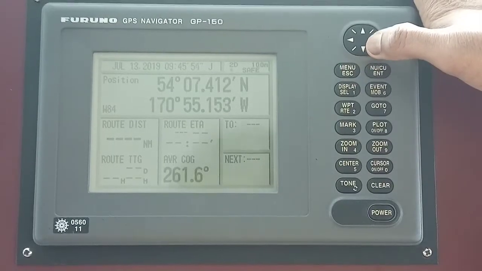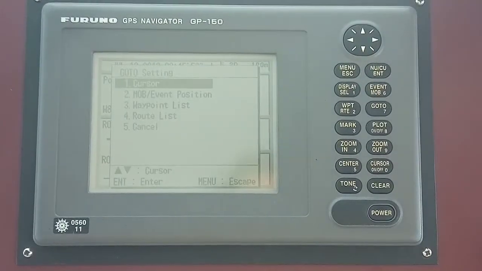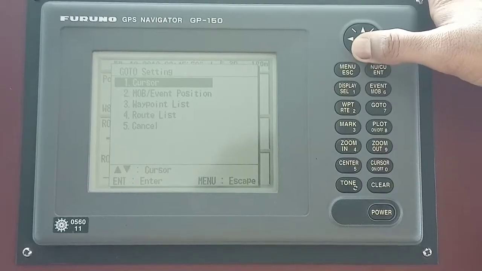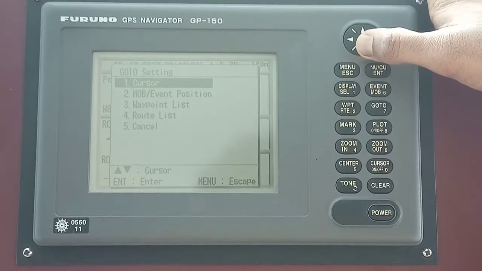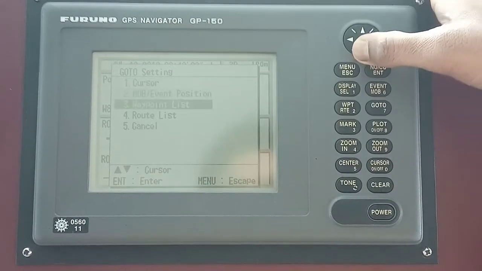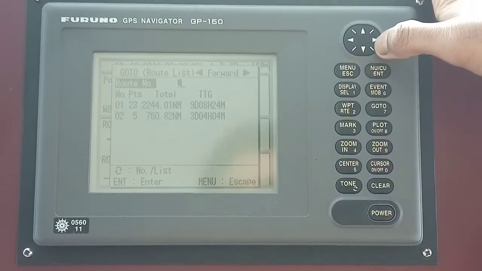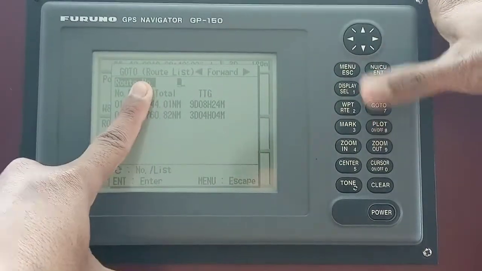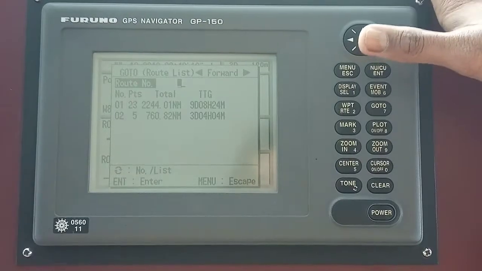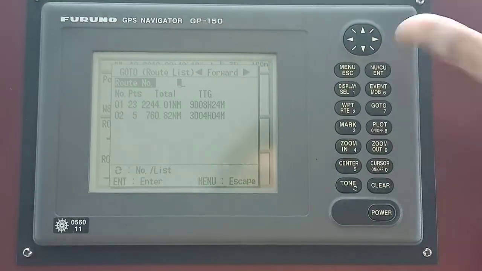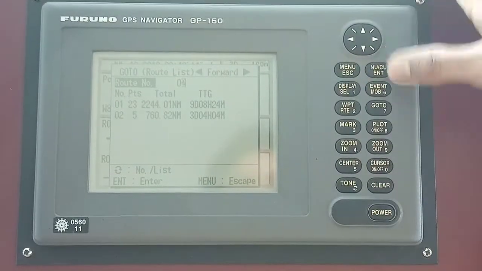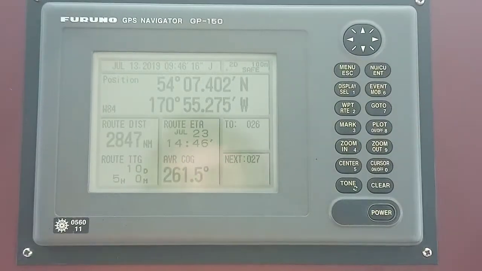How to load the route is the same way: go to number 7 and route list number 4 and write the route number. I hope you all remember my route number was route number 02. Enter. Okay,